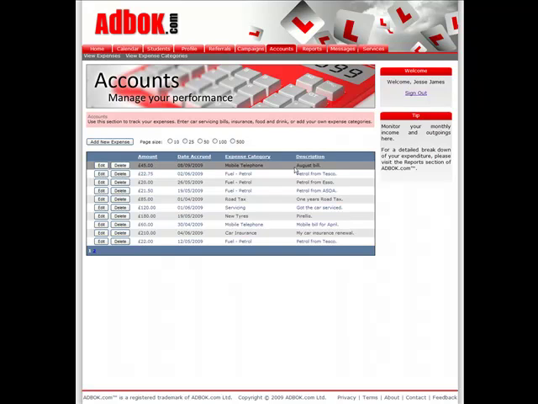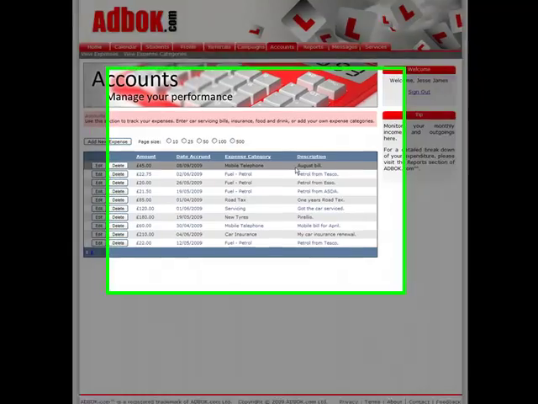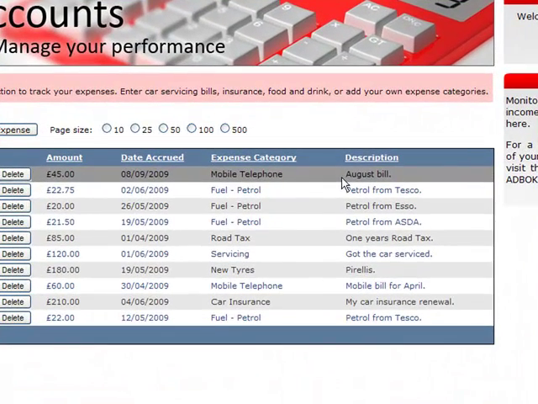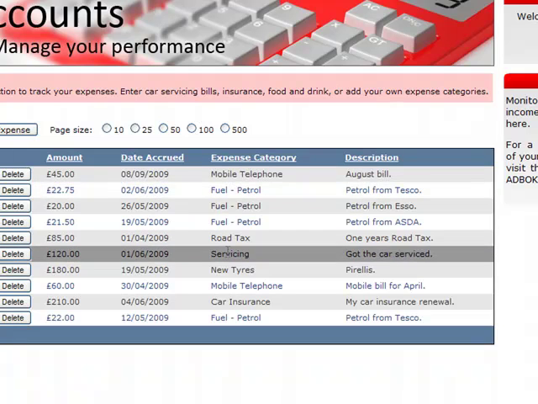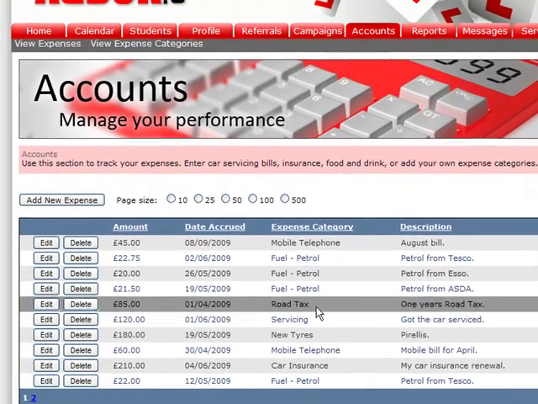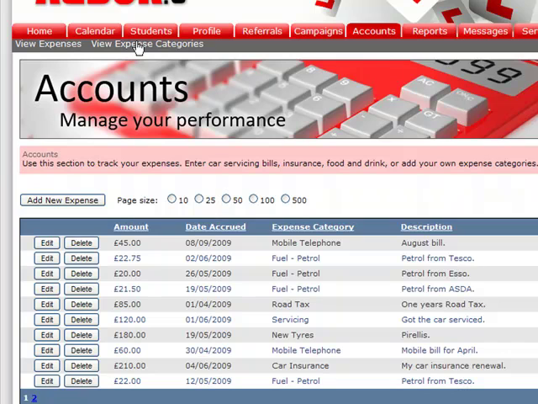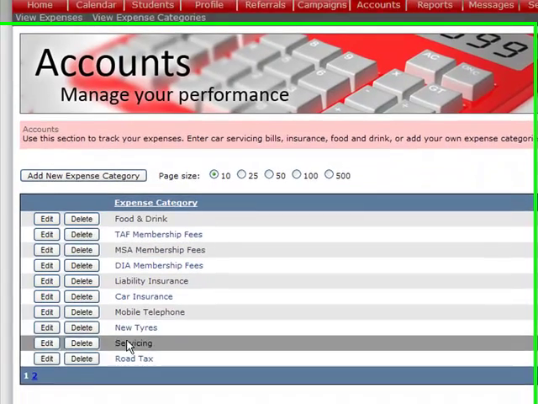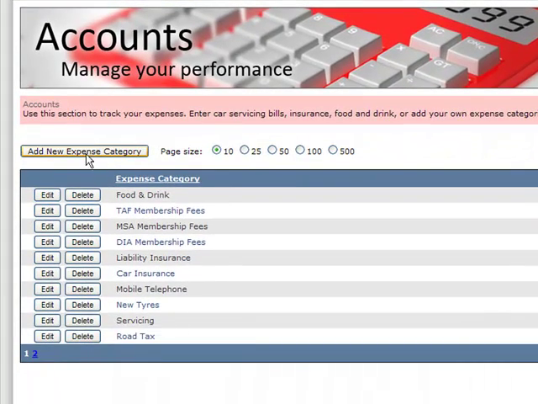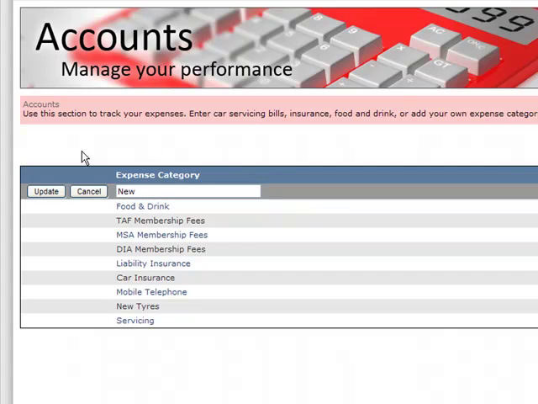What we can also do in the expense and account section is we can add new expense categories. For example, here we have mobile telephone, fuel, petrol, road tax and servicing. But if there's a category that we want to add that doesn't already exist, I simply go up to the View Expense Categories submenu, and from here there's a table of all of those expense categories. Now, from here I can simply add a new expense category type. For example,